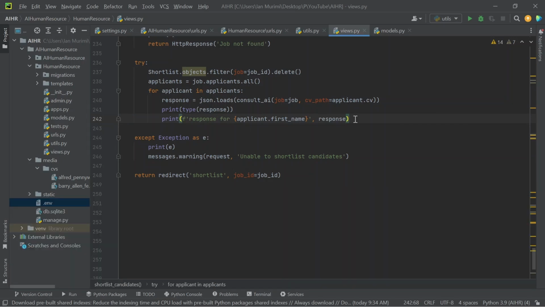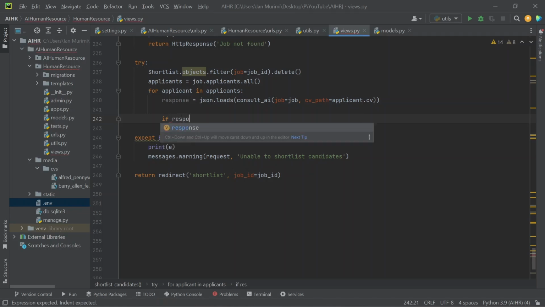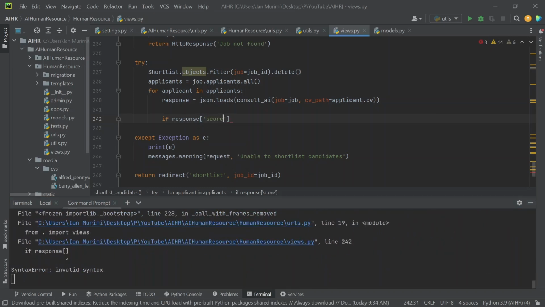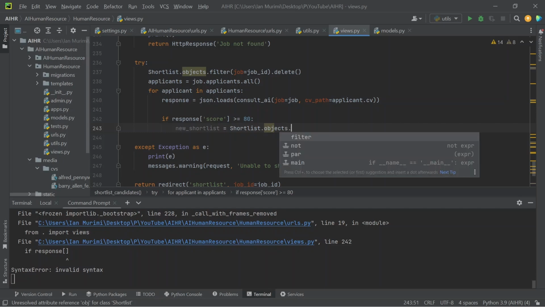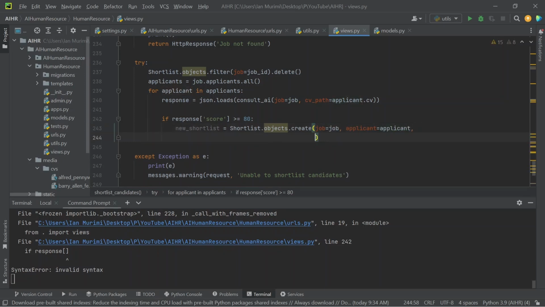The next thing is you're going to shortlist our candidates. The candidates who are going to be added to the shortlist table are the ones with a score of 80 and above. So here you're going to replace this with an if. So if response, and the key is score. So if response score is greater than or equal to 80, you're going to create a shortlist. So new_shortlist will be equals to Shortlist.objects.create, and we provide the job as the job, the applicant as applicant, and the score will be